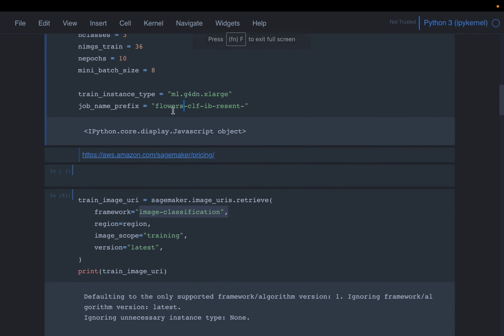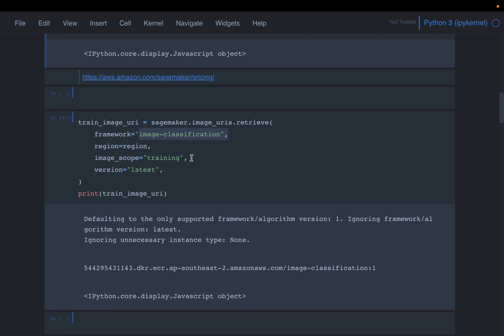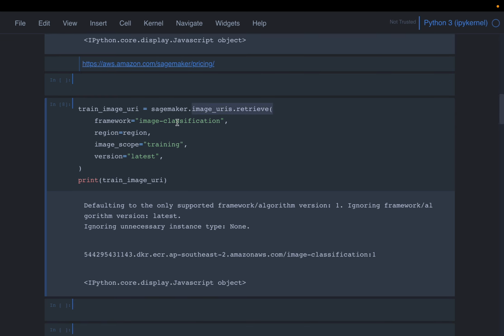And then we are defining a prefix for the job name. The first thing, we want to get the Docker image, right? So using this image_uris.retrieve, here we provide the model name and the model version. We want to train an image classification model. This is a built-in